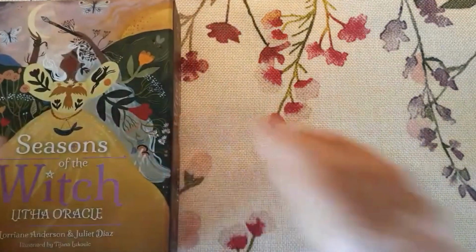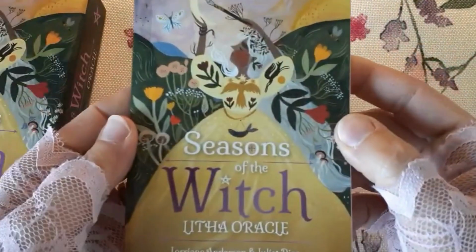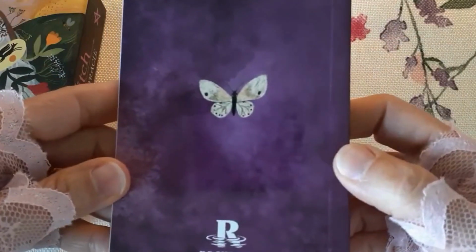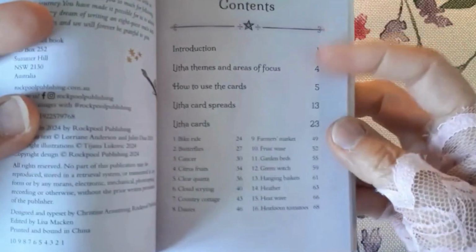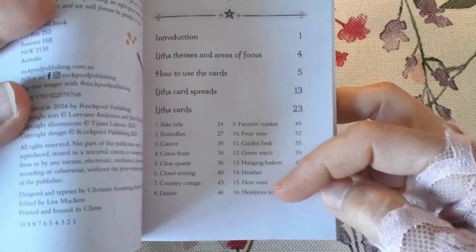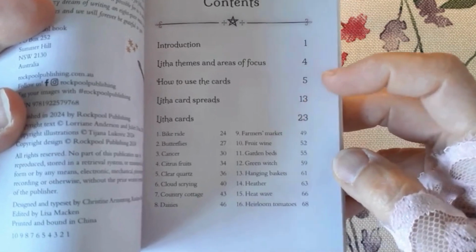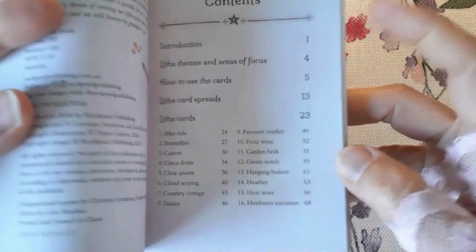The deck does come with a guidebook, which looks like this. And that's the spine and the back of the book. And it's a lovely little guidebook. It has full color images of all the cards. And it has a table of contents. And all the cards are listed numerically and associated with page numbers. There are Litha card spreads included,